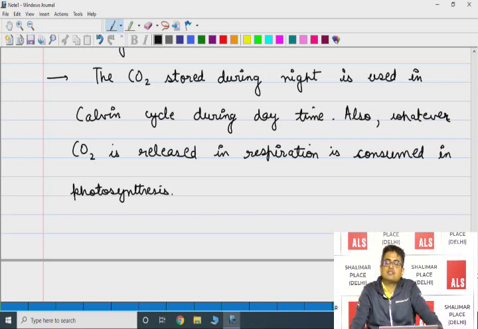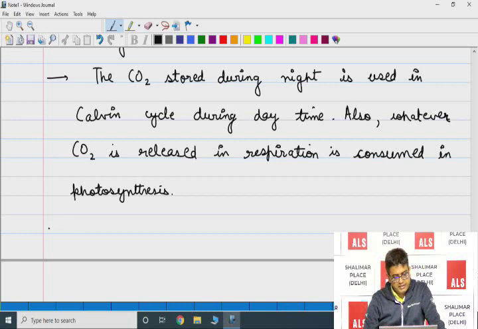All sour things are acidic. All acidic things are sour in taste. All alkaline things are bitter in taste. Have you ever tasted soap? Have you ever tasted soap, anybody? By accident, I guess, right? So, all things that are alkaline, they will taste bitter. And all things that are acidic, they will taste sour in taste. Okay. So please write,